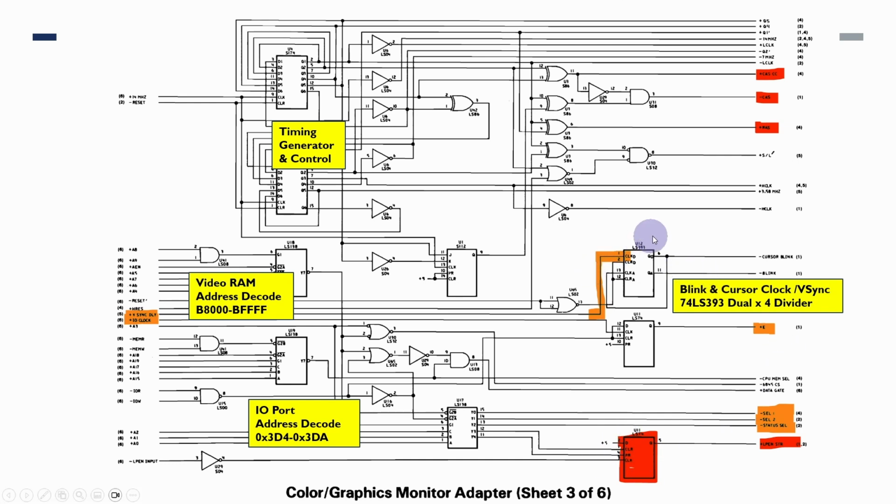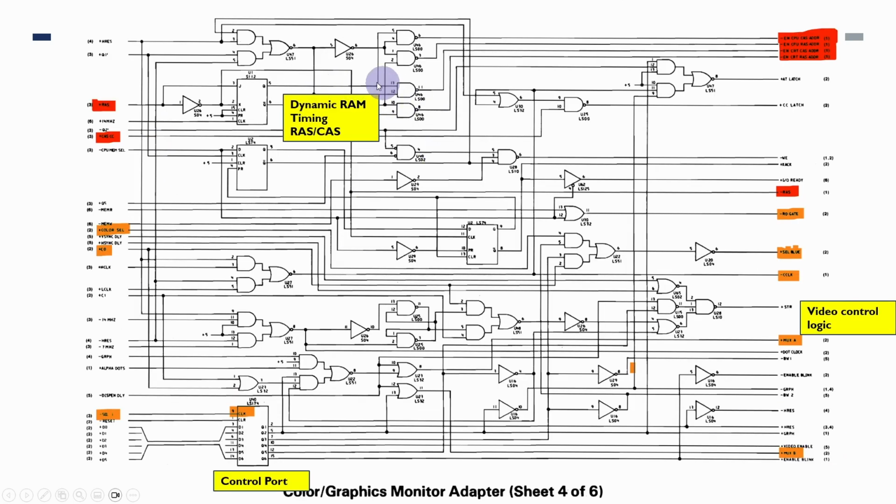And then there is a similar circuit to the original MDA card, which has a divider to take the vertical sync frequency and divide that to produce the character blinking and the cursor blinking frequencies. So again, a lot of the logic up here is all to do with the dynamic RAM timing, the RAS and CAS lines which drive the various blocks of the dynamic RAM. A lot of this output here is video control logic, so we are going to need to worry about some of this, but it's probably